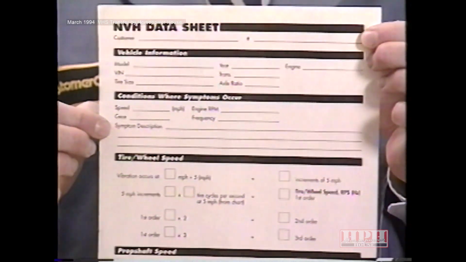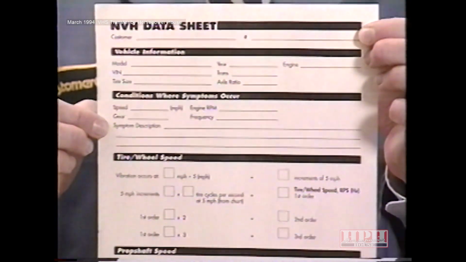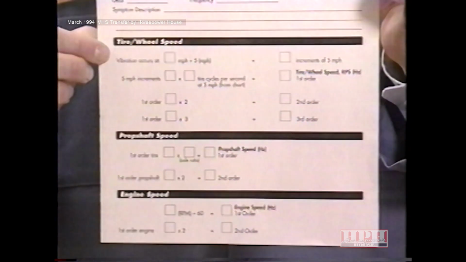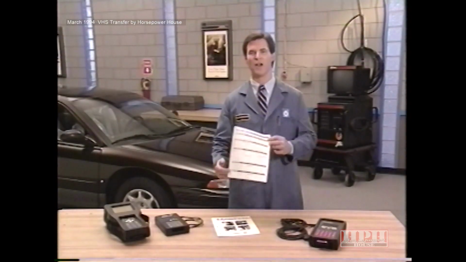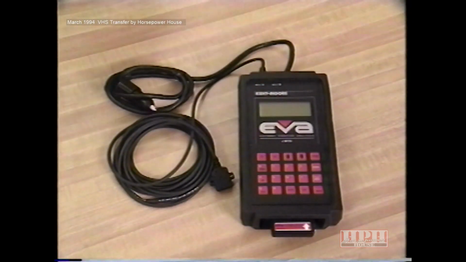Record a detailed description of the symptom or symptoms and identify the frequency range of the noise or vibration. Identifying the symptom frequency helps to isolate the trouble to specific component groups. For best results, use an electronic vibration analyzer to record vibrational frequency. The electronic vibration analyzer is available through professional service equipment.